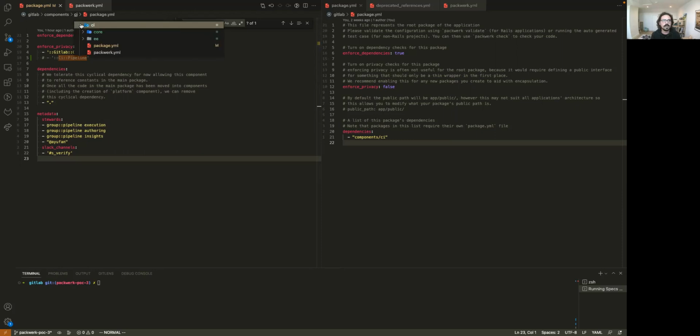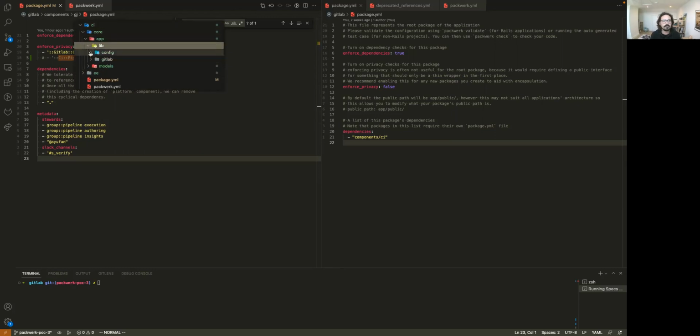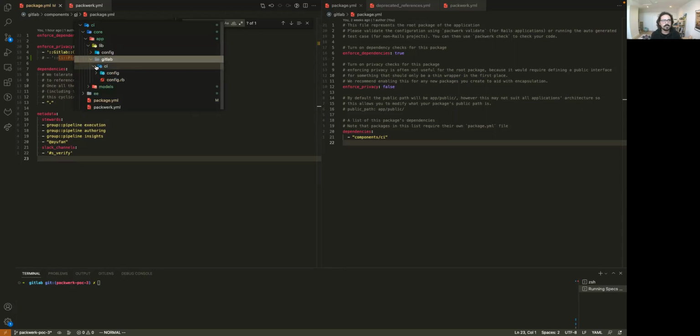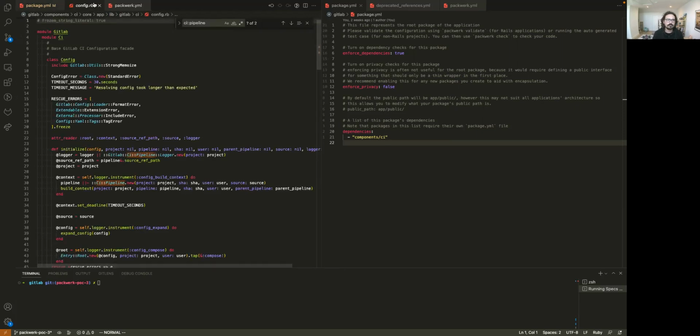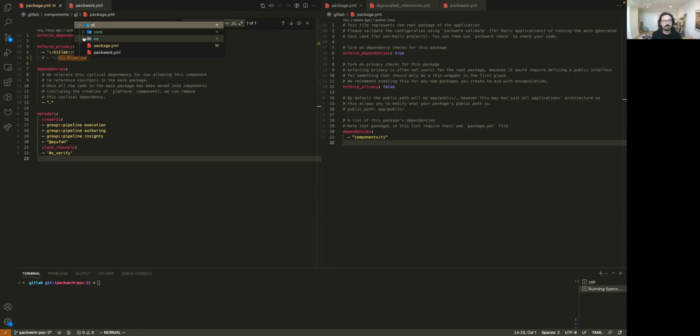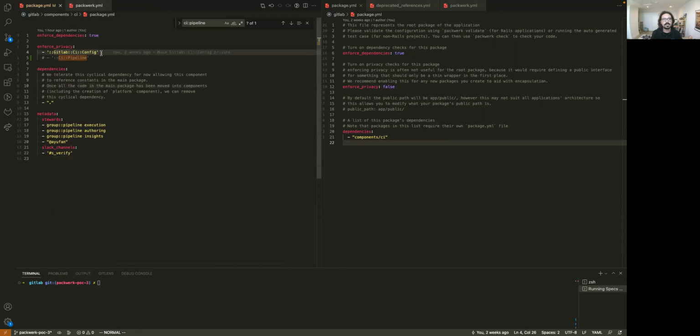If we look at what is inside this CI, at the moment I didn't move many files. I wanted just to test what is the minimal step we could do. So I moved some files, basically lib/ci/config and lib/gitlab/ci/config, which is how we handle the YAML file for CI pipelines. It doesn't matter as much. It's more that a small component of the CI application is being extracted and moved into the CI component. Now there's a lot of code from CI that still sits outside of this component directory, but there are two main constants: one is GitLab CI config, which has been moved inside with a lot of sub components of it,